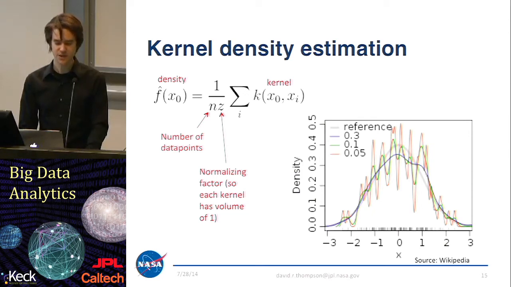So this image here at right shows an example of that. We've got just one real valued input here on the x-axis, and we've convolved our kernel across that and summed up the responses of the kernel over all of those data points to provide some estimates of the density. Now here the true density is given by the gray curve, and the estimated densities are given by the various color curves. As we change our kernel bandwidth, you can see that the density estimate becomes smoother or more wiggly,